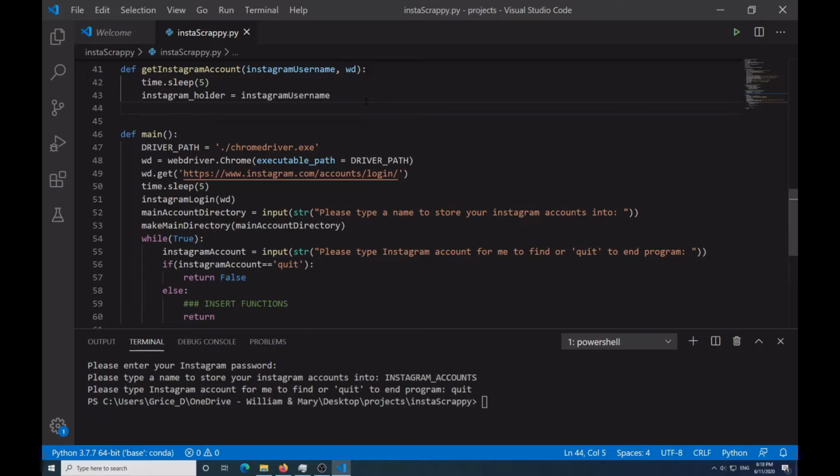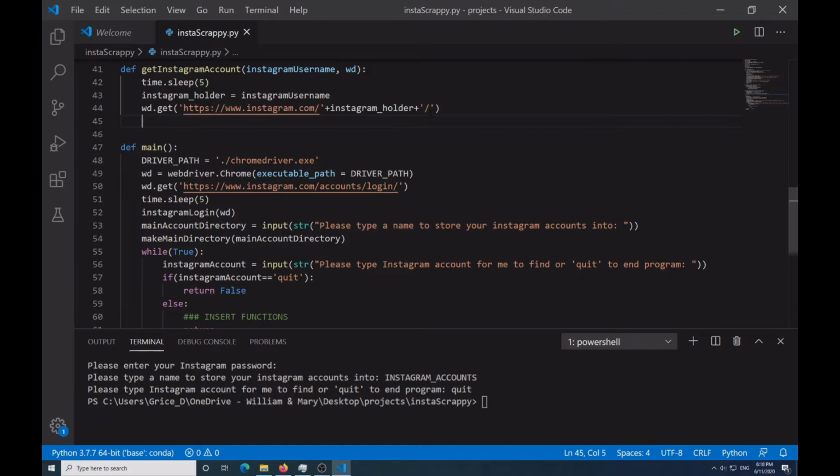And then once we have this variable, we're going to say wd.get, and we're going to put the single quotes and say https://www.instagram.com/ plus Instagram holder. You don't really need this if you don't want to. For the sake of programming, my style of programming, I enjoy doing it, but you can do that which you would like to do. So after we get that, we're going to have a function for